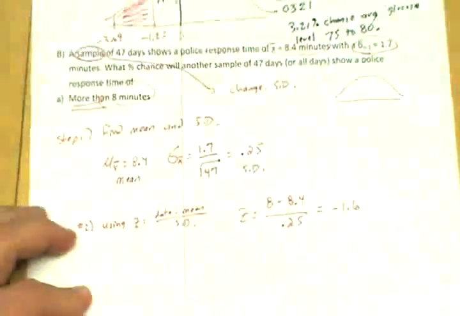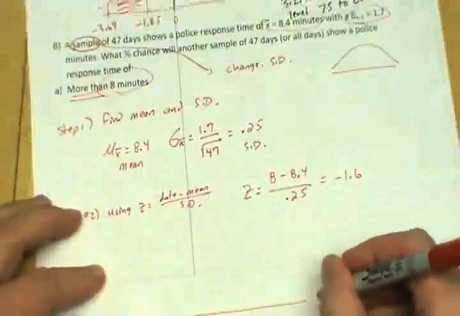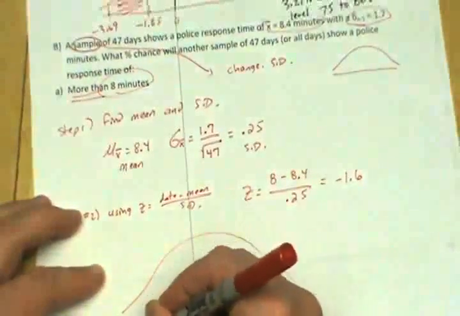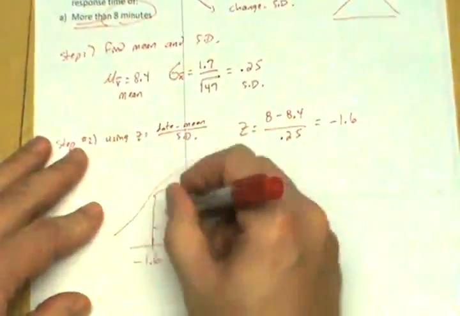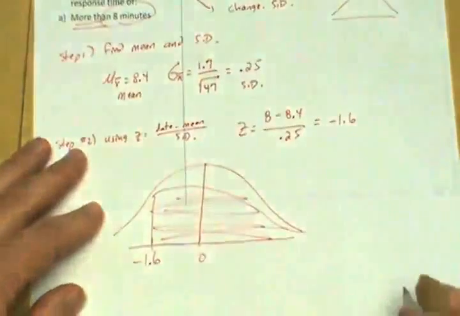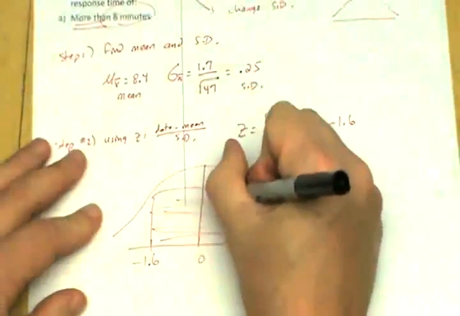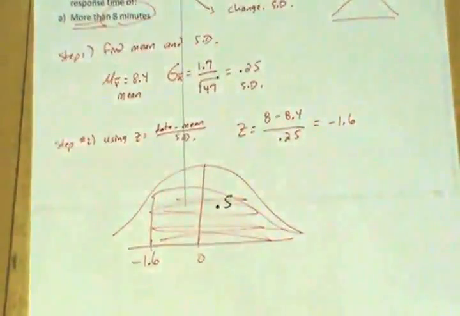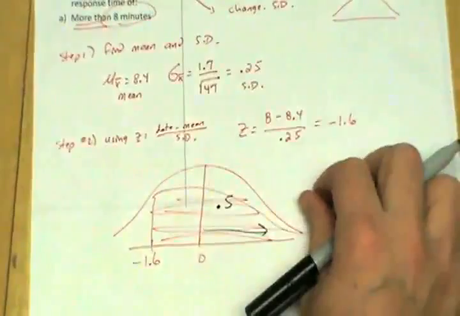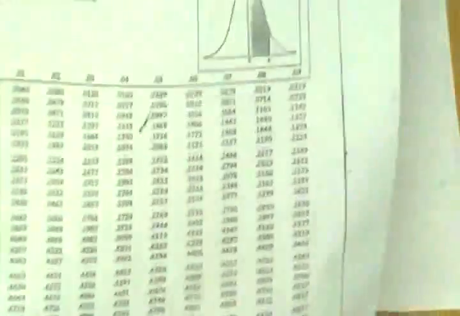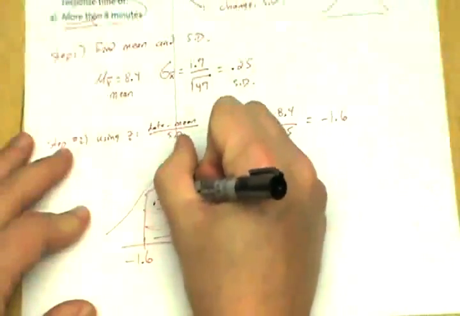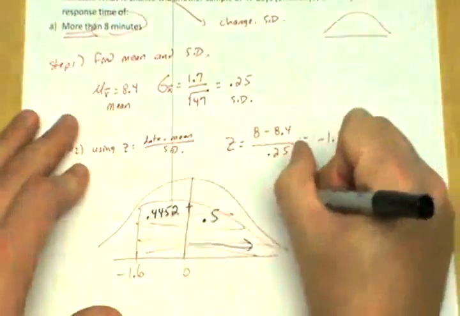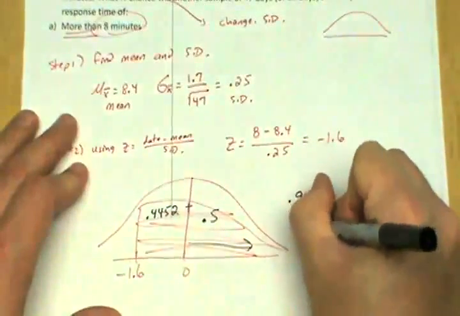And they're asking for more than in the question, so we're going to say what's more than negative 1.6. Here we go, bell-shaped curve. Z-score is negative 1.6. We want more than that. We know that the right hand to the right of 0 is all the way over, so that's going to be 0.5 or half the bell-shaped curve. When we look up 1.6, bring the chart in again, we get back 0.4452. That goes between 0 and the number. And that plus that is going to give us back 0.9452,